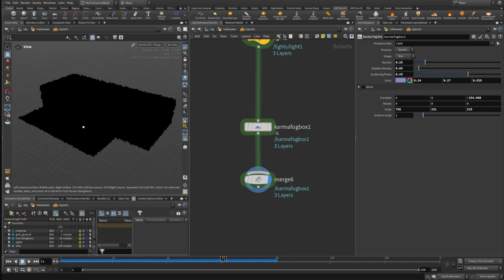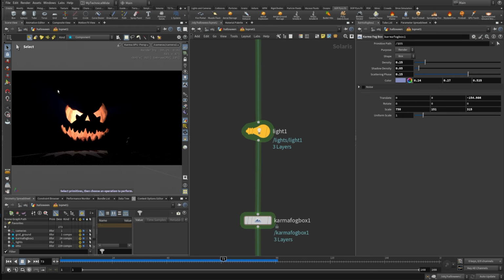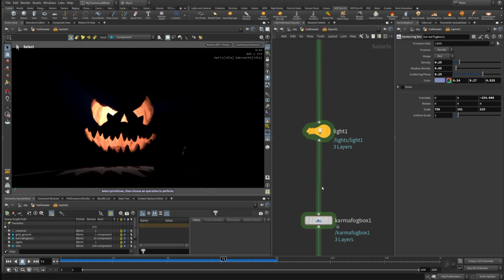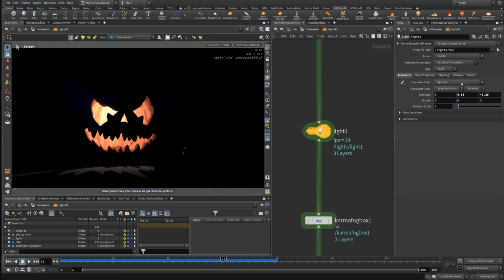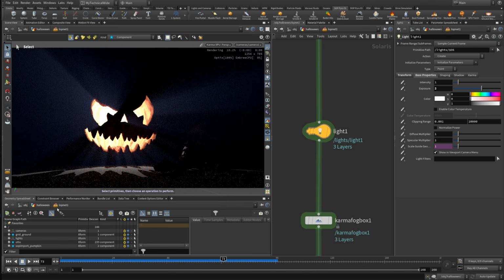Okay, so that's what we have. Let's now go back. All right, so you can see I just needed to reset the viewport. This is basically what I needed to show you. So these are our fog box settings, and you can see there's a slight kind of bleeding of the light in from the eyes, right? So what is going to happen if I start increasing the exposure, something like 2, we're gonna start getting something cool like that, right? But right now the shadows and everything is way too sharp,